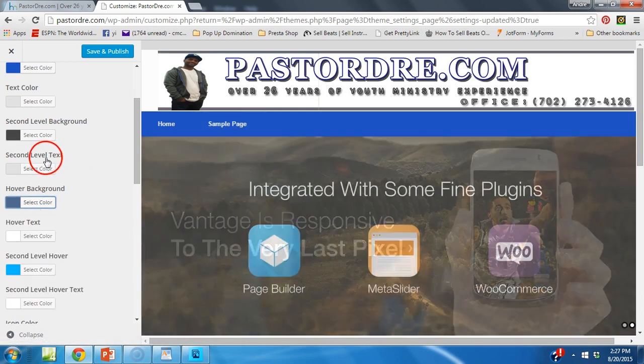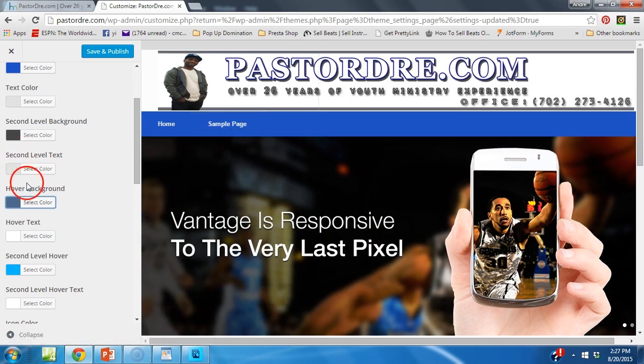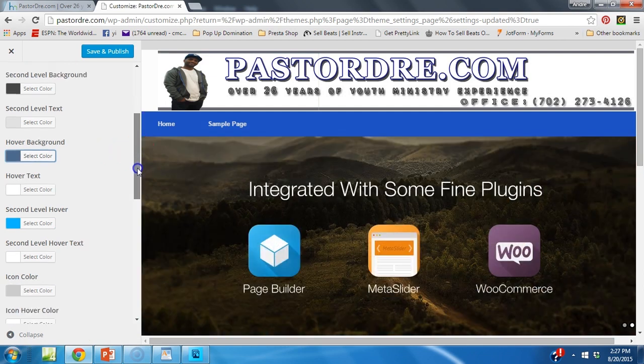And then you have a second level text, which we don't have any pages on that yet. So that's when, if we had a sample page and there was something under it, then this would change the color of the thing that was scrolled down right here. But you don't have to worry about that right now. Okay, so also